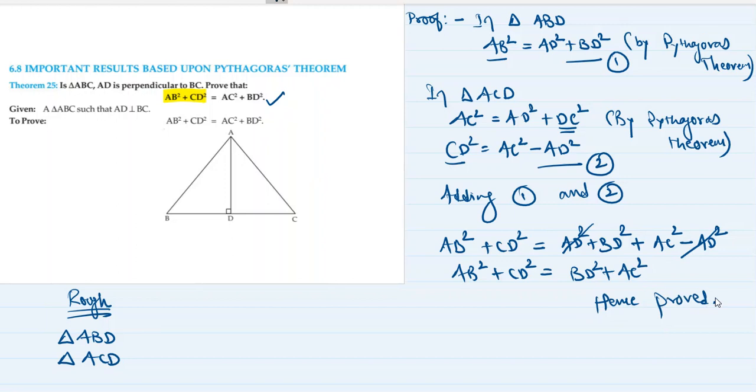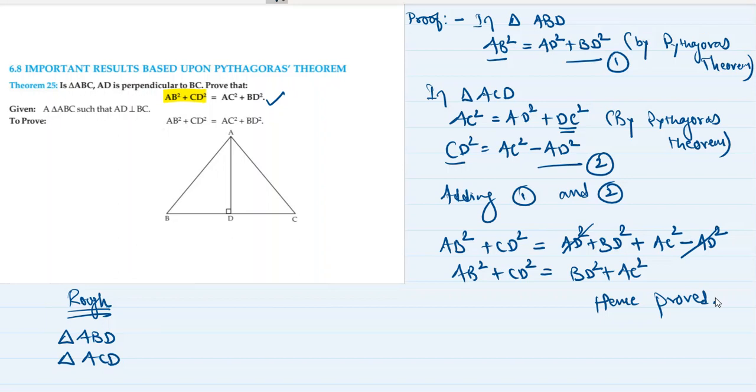Did you understand how did we prove it? I will tell you all over again. Okay, see, whatever results based on Pythagoras theorem are to be proved, even if it is a theorem or not a theorem, even if it is a question in the exercise, it doesn't matter. It all follows the same techniques. The technique is that in any question based on Pythagoras theorem, first you need to identify which are the right angle triangles. And in those right angle triangles, what you need to do is you need to apply Pythagoras theorem. And then you need to ask yourself that what is need to be proved.